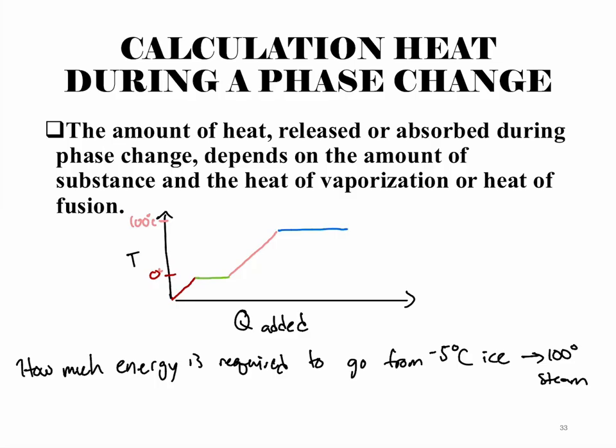And we want to ask how much energy is required to do this whole stepwise process. All that means is we're just adding up the energy at each individual step. So the total energy that we added